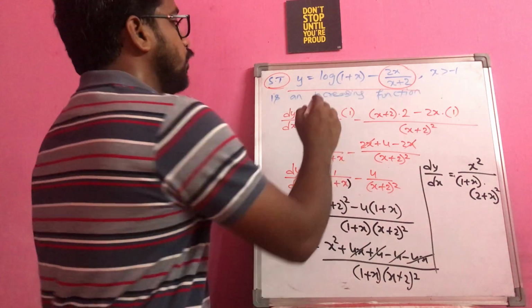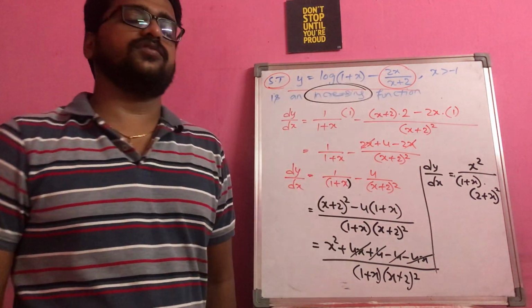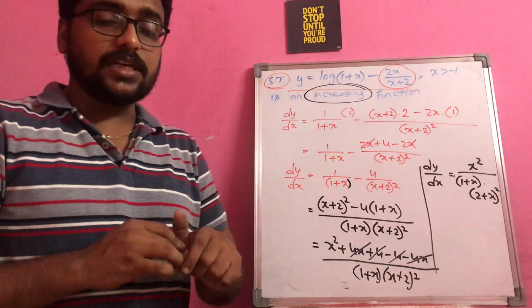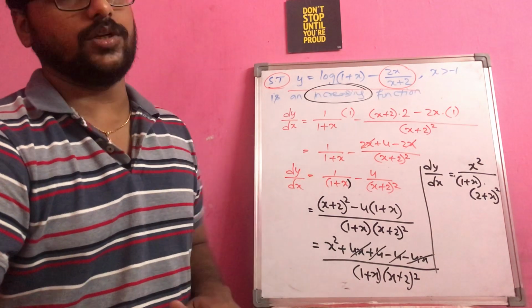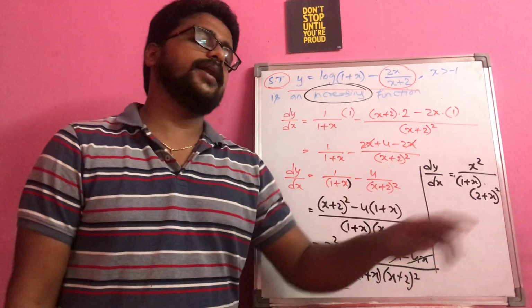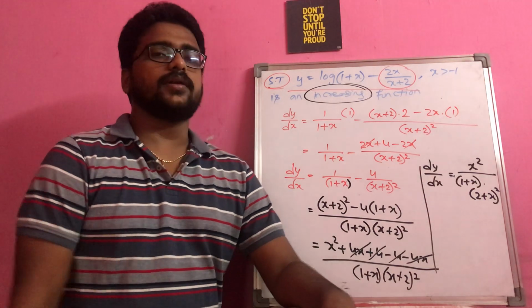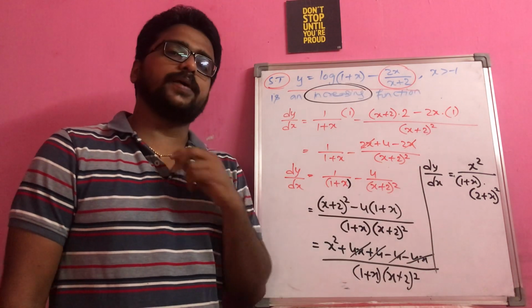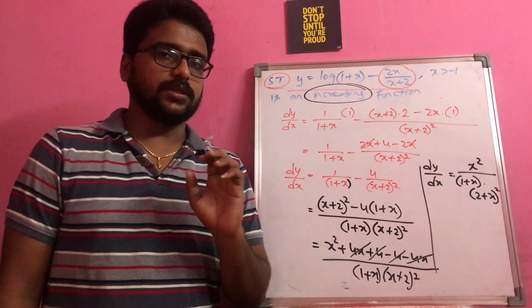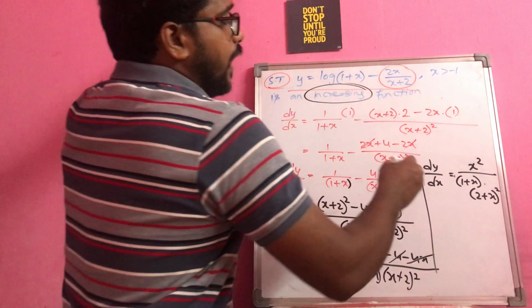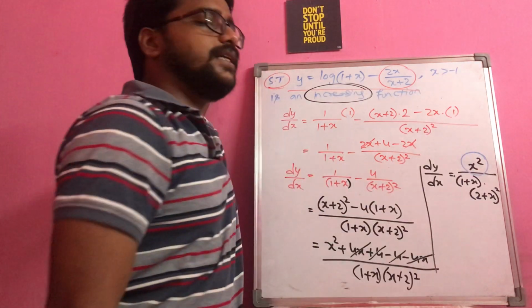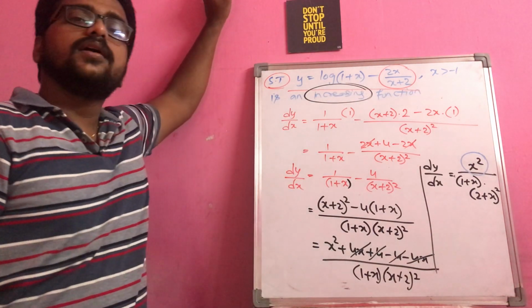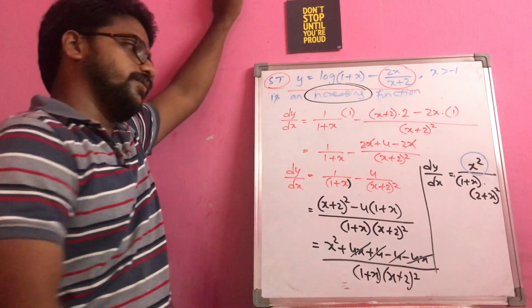Why? Because you need to prove that it is an increasing function. Increasing function means f dash of x should be greater than 0. If it is already a square number, then it's a positive number, right? It is always obviously greater than 0. So there is no point of expanding square related terms. Now see, x square, power is an even number, so obviously it will be a positive number greater than 0.